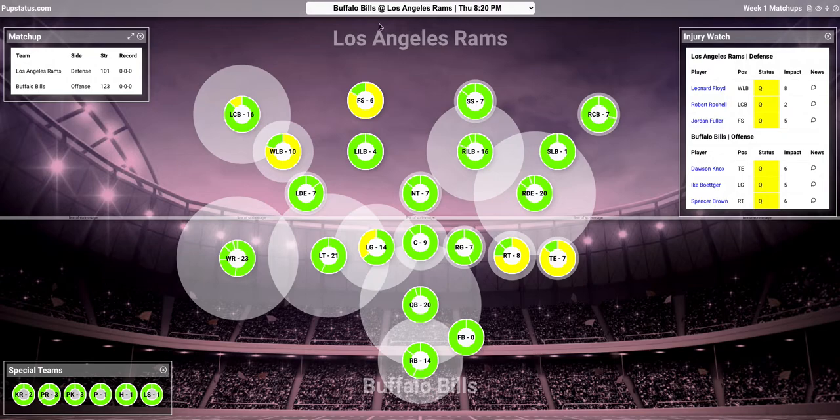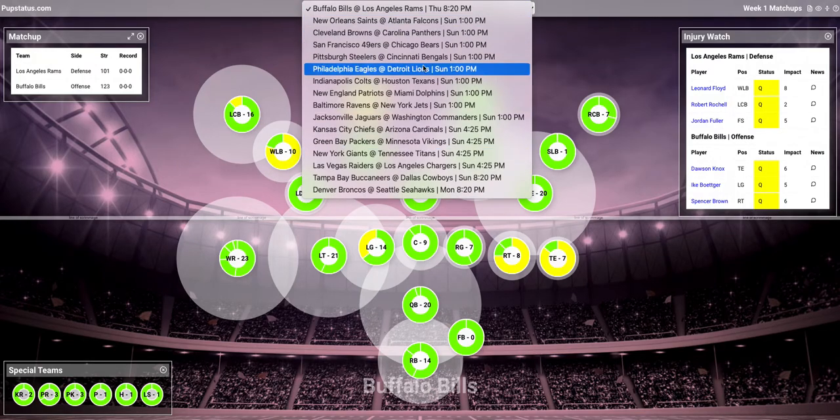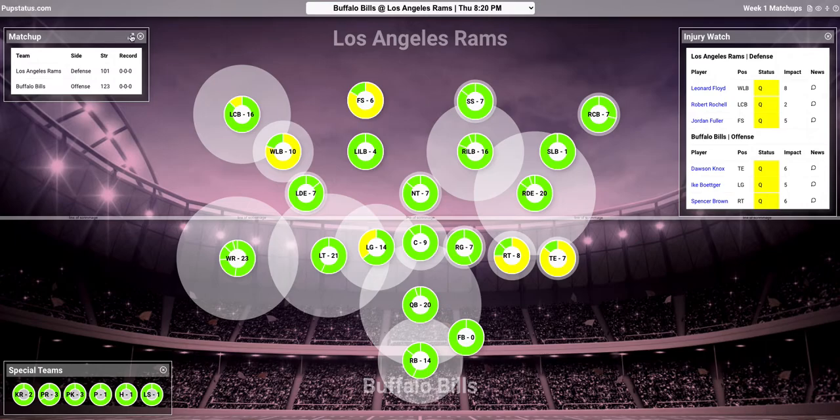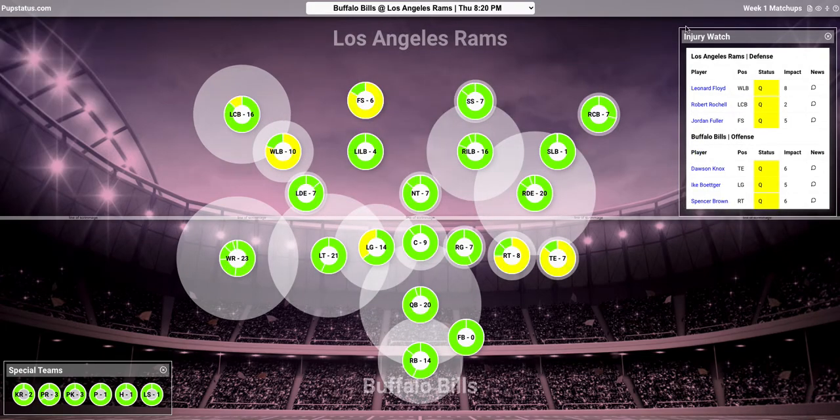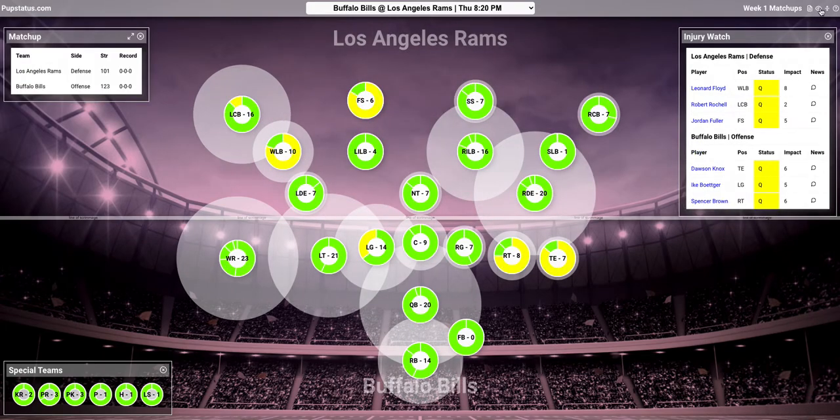So getting back to the interface, you can select games here. You can determine which side of the ball you want each team to be on here. And these are closable, and you can open them here. If you have a large desktop, it's easy to have all of them open, but space is limited, especially on mobile, so you probably want to close these if you're just looking at the graph to see what's going on. Clicking on a player, again, the news will take you to their RotoWire page.